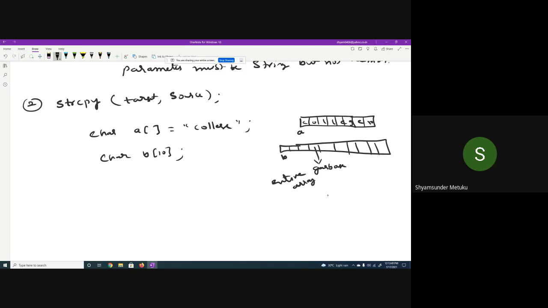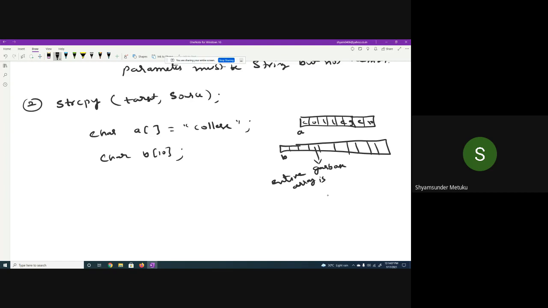Now I wanted to copy the text college from array A into array B. Can I do it or not? In terms of capacity, the length of A is 7 bytes. Including the null character, how many bytes? 8 bytes. So the destination or target must be at least 8.